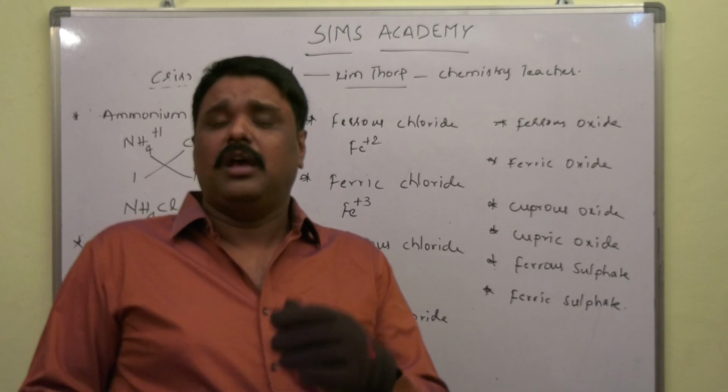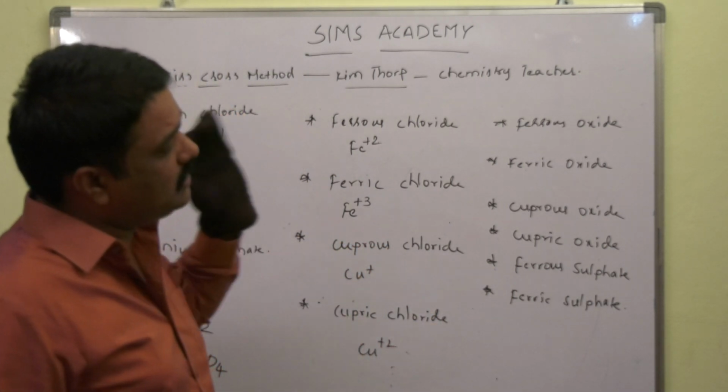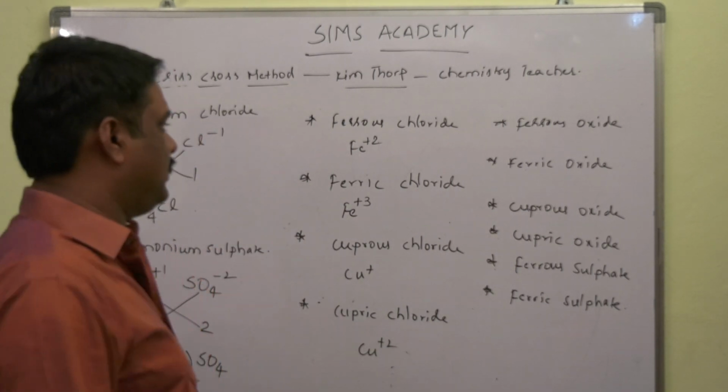We can write all the ionic compounds by using this Criss Cross method of writing the chemical